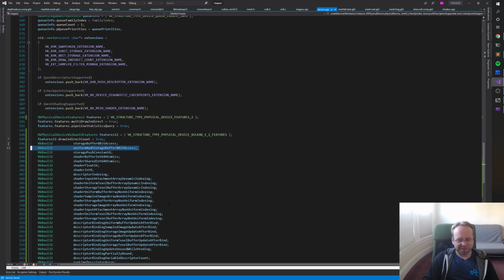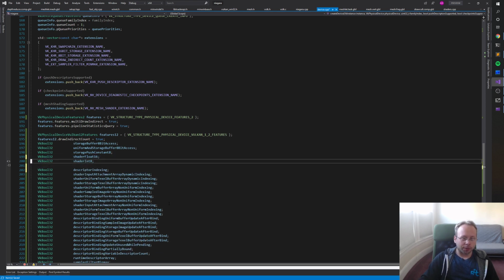We technically don't use this right now, but we might want to. And we don't use this right now, but we might want to. So I kind of want to just enable all three of these. We don't use atomics right now. We do use float 16 and int 8. So basically these five roughly cover this stuff that we are using plus some more things that we aren't